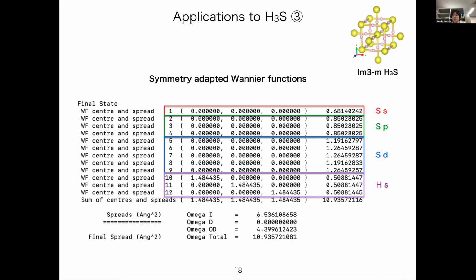Then this is, for example, used in calculating the topological property of the material. Or for example, in the case of strongly correlated material, first we create the tight binding Hamiltonian, then using this tight binding Hamiltonian, we perform, for example, the dynamical mean field theory calculations. In this case,